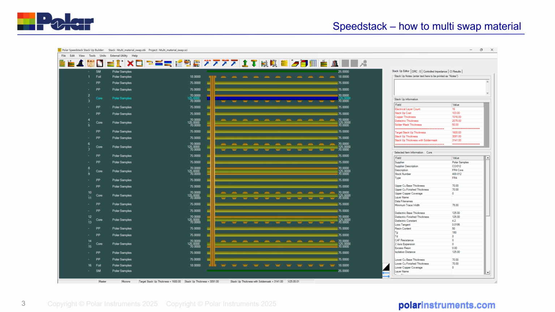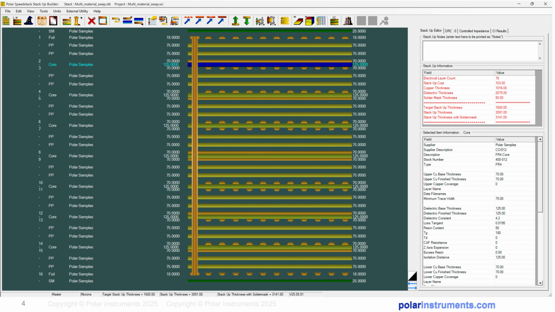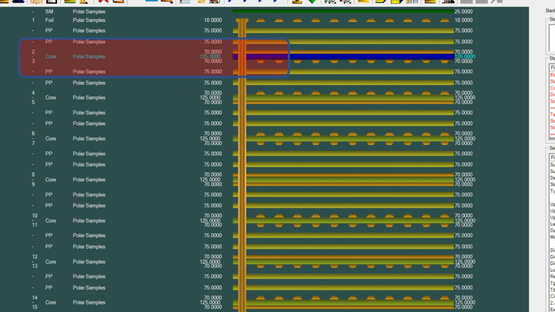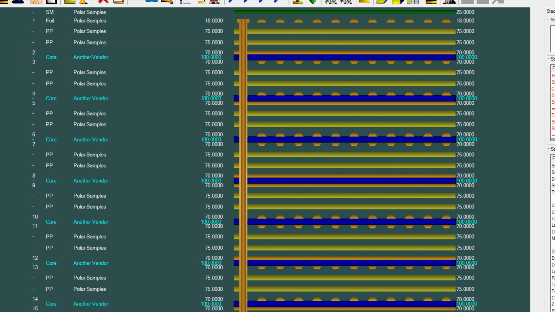In this stack, I've got a number of cores and I'm using polar sample material, and I'm going to demonstrate how you change that to another vendor's material. So initially we're going to have all these cores of polar sample material, 125 micron thick, and what I'll demonstrate to you is how to change one material to another vendor and then change all of the materials to another vendor. So you can now see it's gone from 125 micron with polar sample material to another vendor's material that's